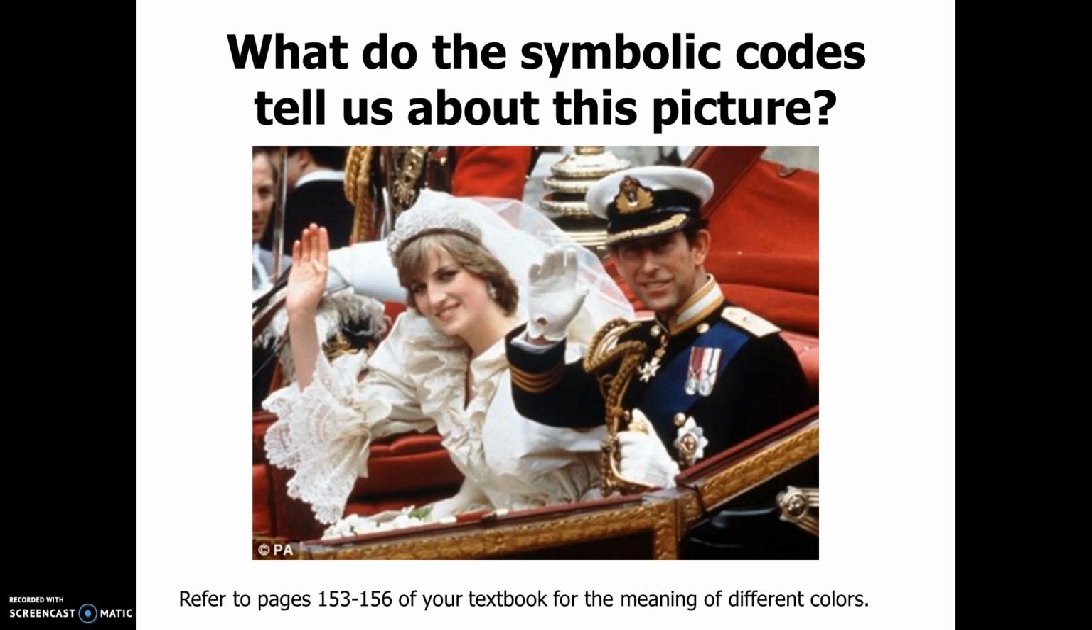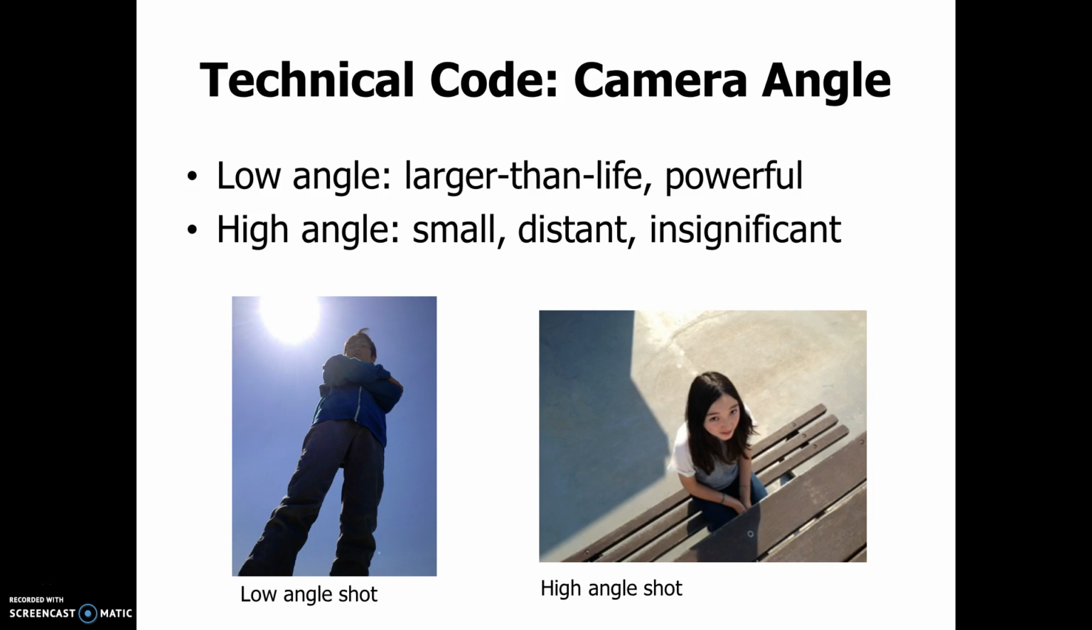And I do have background information about this picture, and you likely do as well. You probably recognize these people as Prince Charles and Princess Diana on their wedding day in the early 1980s. So even if you didn't know that, you could still read a lot about what's happening in this picture by considering the symbolic codes. Alright, so now we're going to shift our discussion to technical codes,